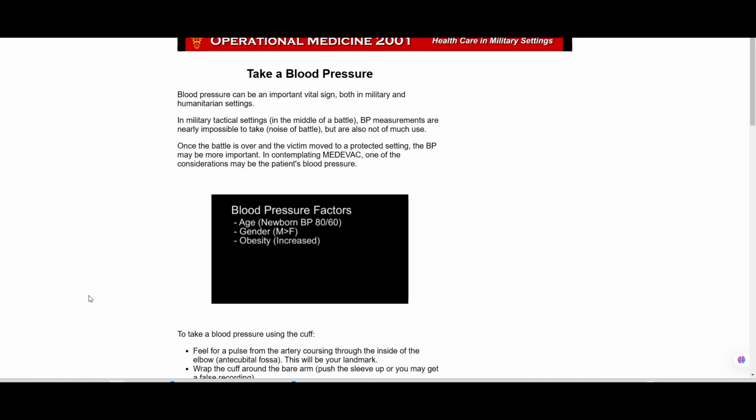Body build also influences it. Blood pressure is usually elevated in an obese person. Exercise influences blood pressure. Muscular exertion will temporarily elevate the blood pressure, but a regular exercise program can eventually decrease the resting blood pressure. Pain also influences blood pressure. Physical discomfort usually elevates it. Fear, worry, or excitement can also elevate the blood pressure. Some disease conditions and/or their medications influence the blood pressure as well.